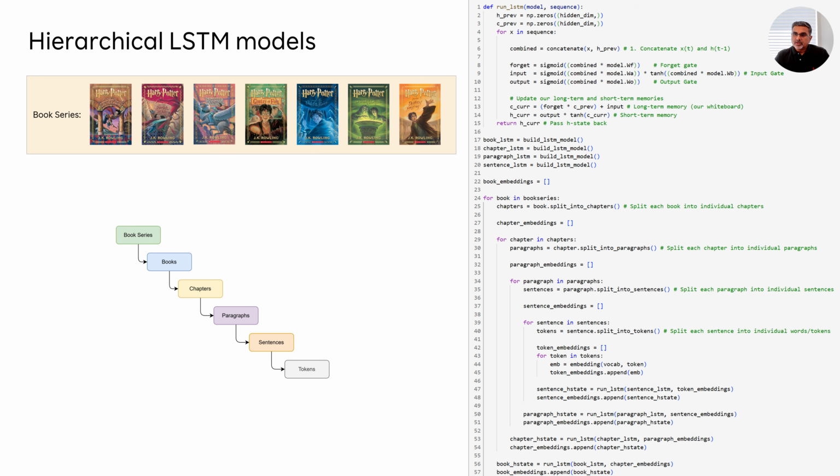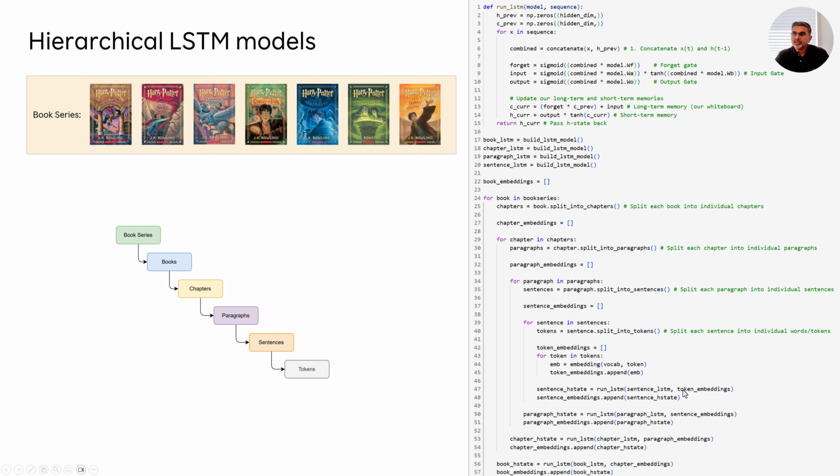Now, when you're processing every sentence, you would split every sentence into its individual tokens, and get the word embeddings for each of those tokens. Because again, neural networks do not understand text, they only understand numbers. So you need to get word embeddings for each of those textual tokens. That's what you capture in these token embeddings, and that is what you pass as an input to your sentence LSTM.